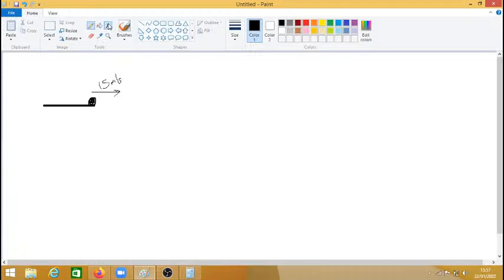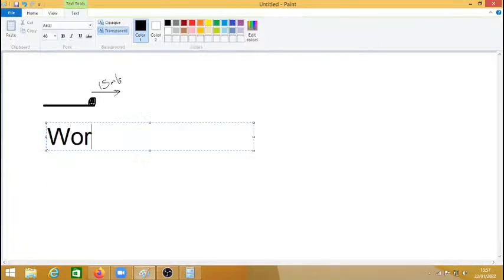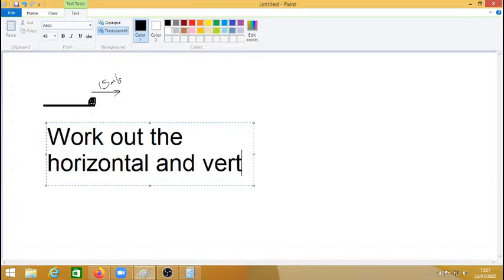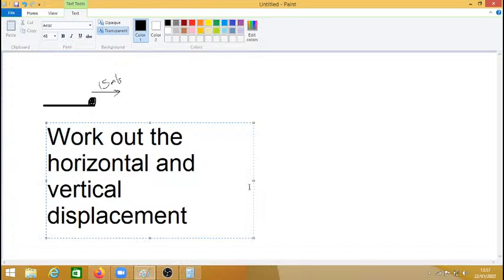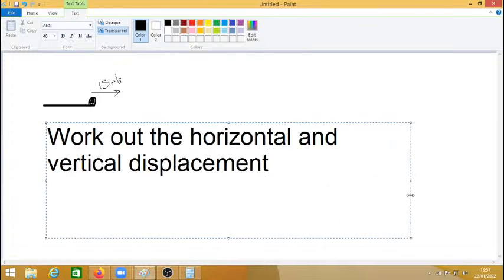And the question is, can we work out the horizontal and vertical displacement? That means the distance horizontally and the distance vertically. So that's two separate questions